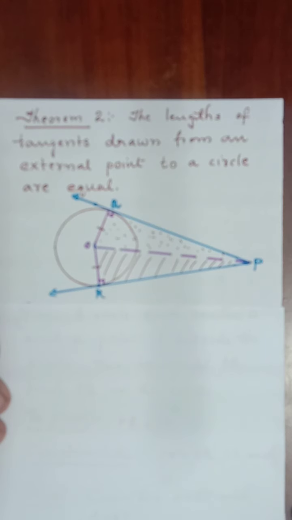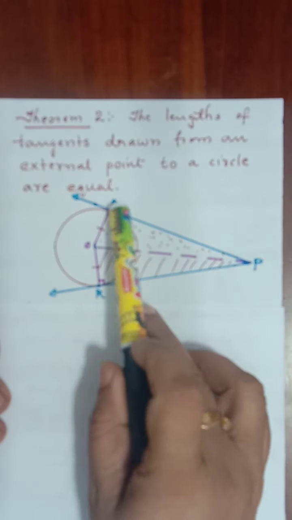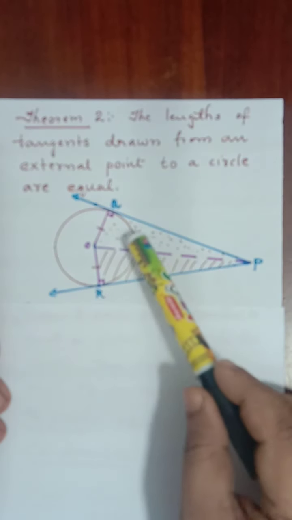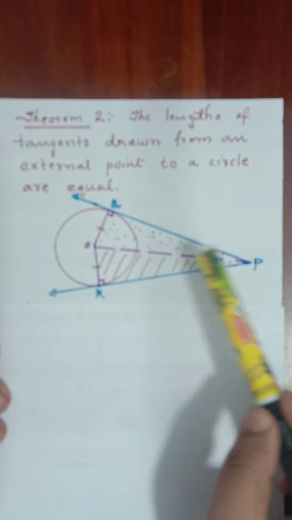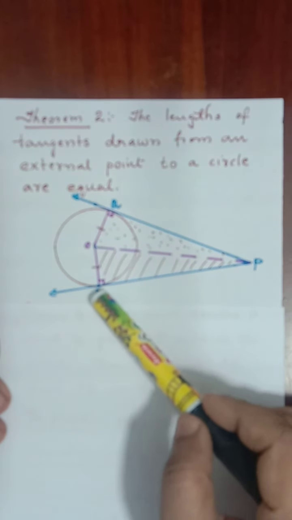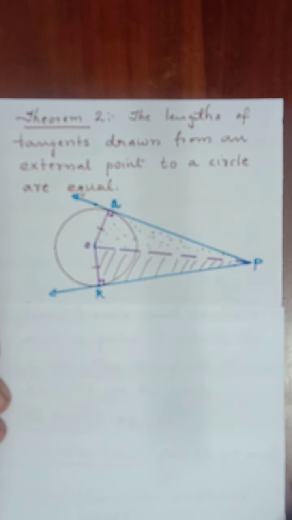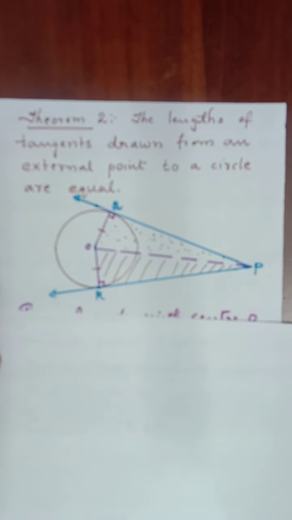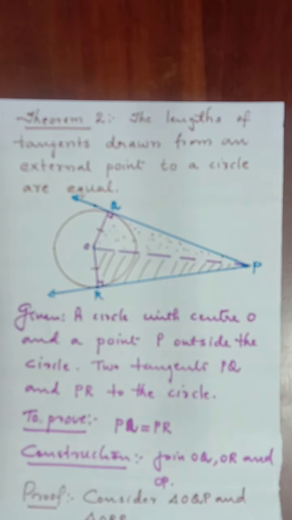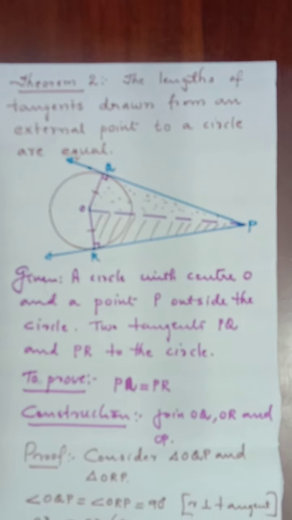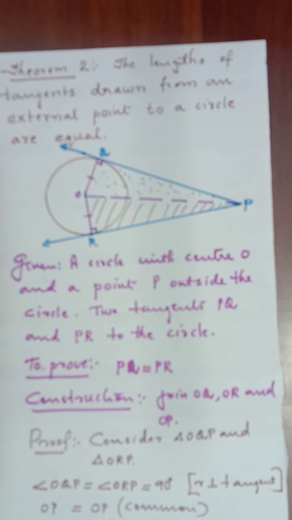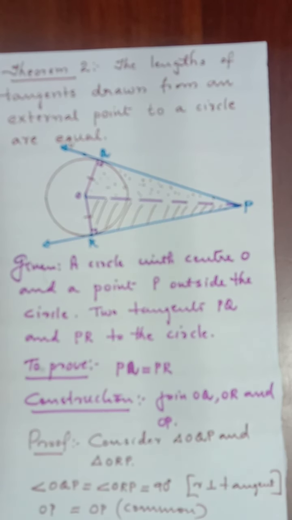If two triangles are congruent, isn't it corresponding parts of congruent triangles equal, CPCT? What is to be proved? Isn't it PQ equal to PR? Since these two triangles are congruent, PQ is equal to PR, CPCT, corresponding parts of congruent triangles. Now let us see how it is explained. These are the steps to be completed. First you have to copy down the theorem statement, then draw the figure, then these are the steps.